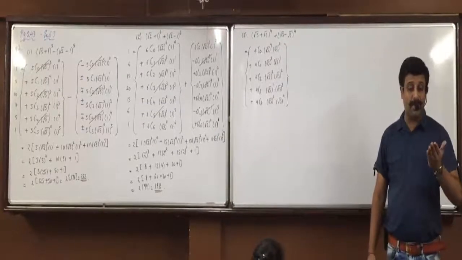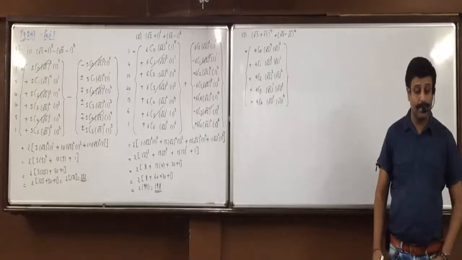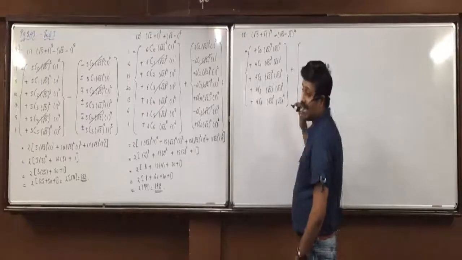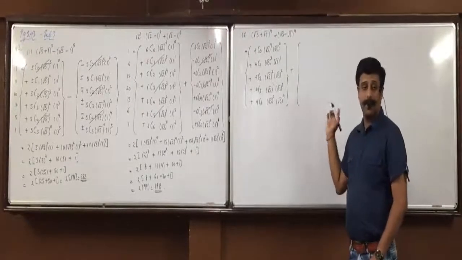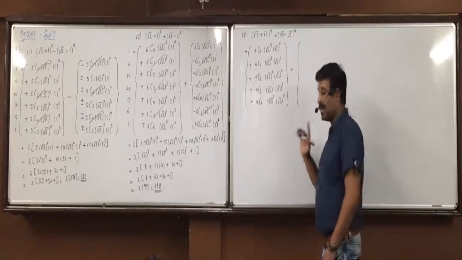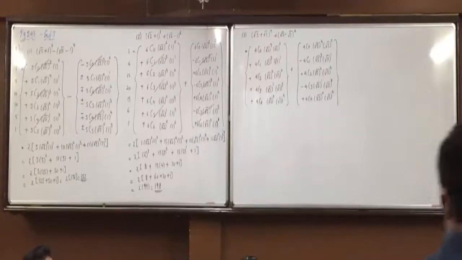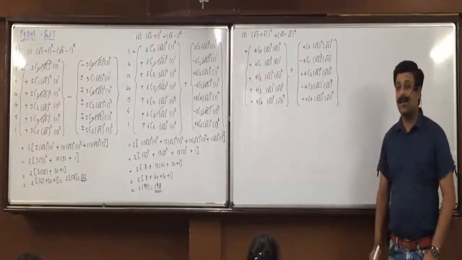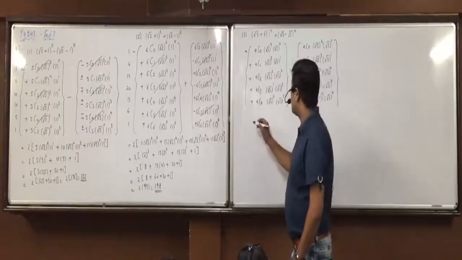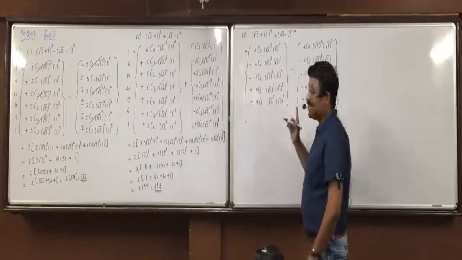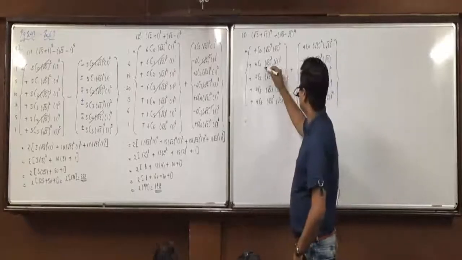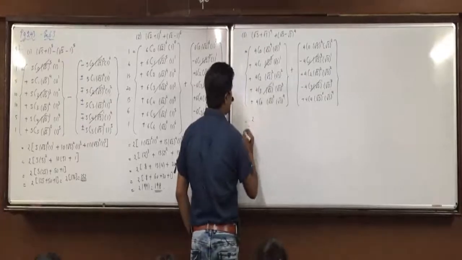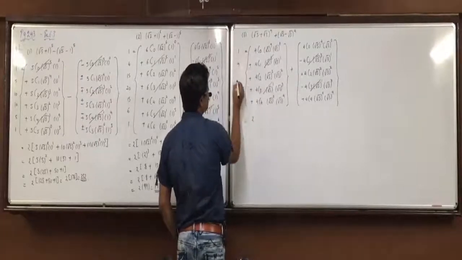I repeat, don't copy it from the board. This is something you can do easily on your own. In between plus. Now what do you do on the right side? Same things, but minus, plus, minus, plus. Yes, done with this? Now, which ones will get cancelled? Second, fourth will get cancelled. The non-cancelled will be multiplied by 2. With the fourth, the coefficients are 1, 4, 6, 4, 1.